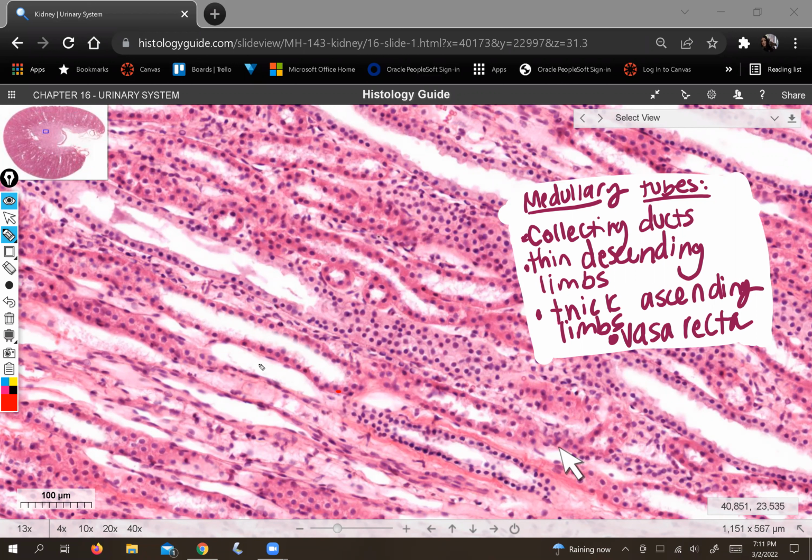And then right here, we've got a squamous lined space, and I'll outline these more in a minute. But if we know that the peritubular capillaries of the vasa recta wrap around these tubes so that the water and the salt that's moving out have somewhere to go, then I'm going to expect the vasa recta